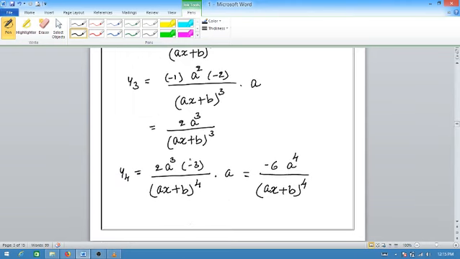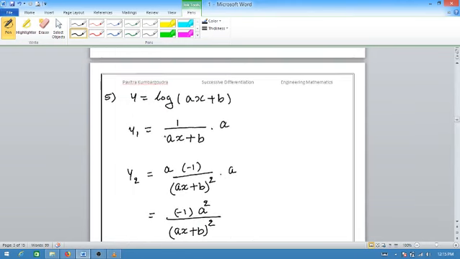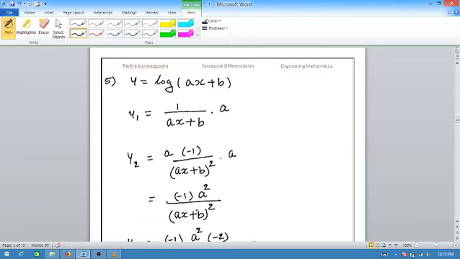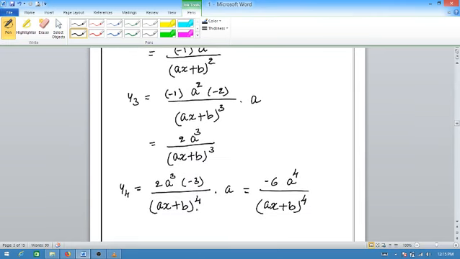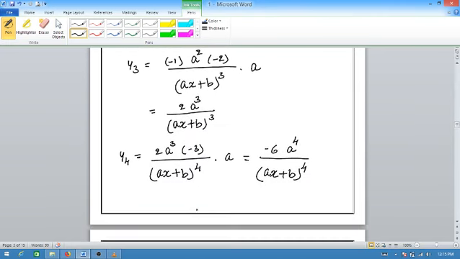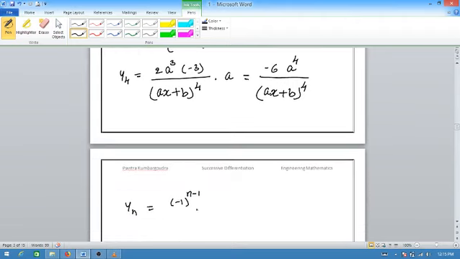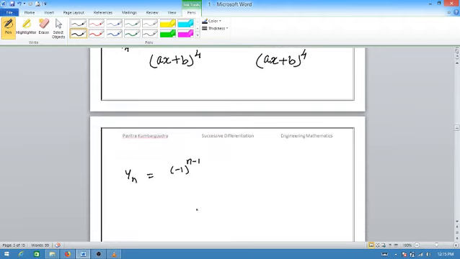Next, factorials. This contains constant 1, so we can write it as 0 factorial also, because y2 is also 1. This is 0 factorial, y2 is 1 factorial, y3 is 2 factorial, and y4 is 3 factorial. So therefore it is 1 lesser than that factorial. So we get (n minus 1) factorial into a raised to,